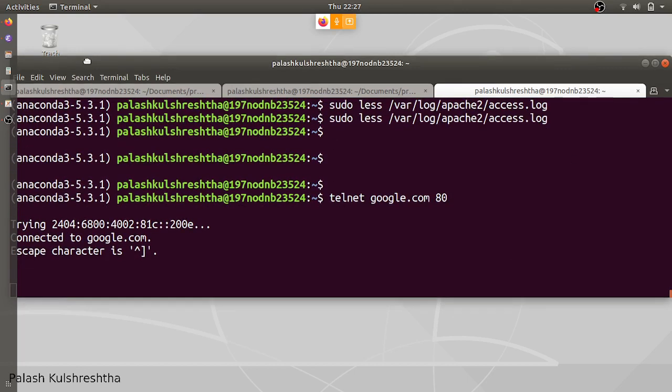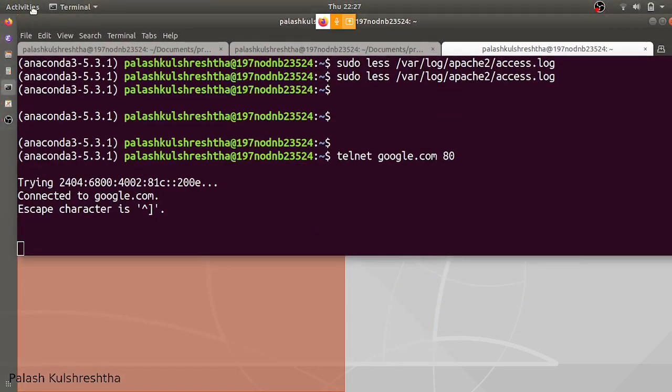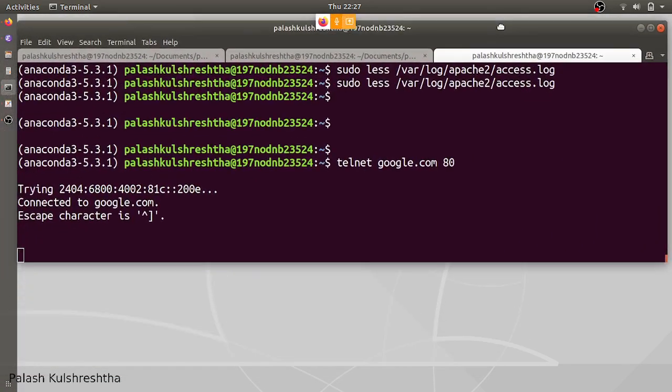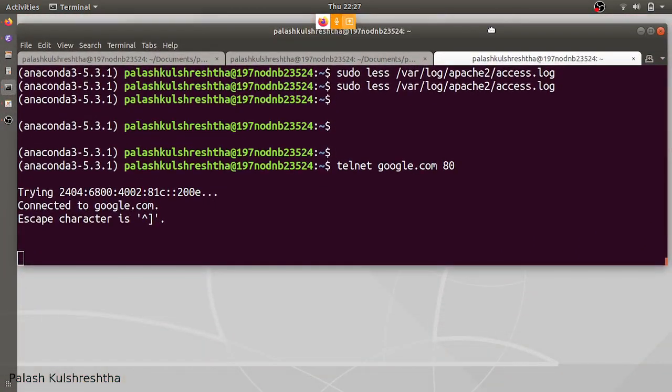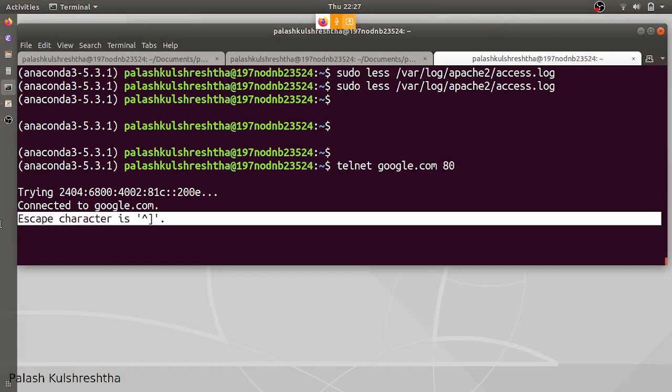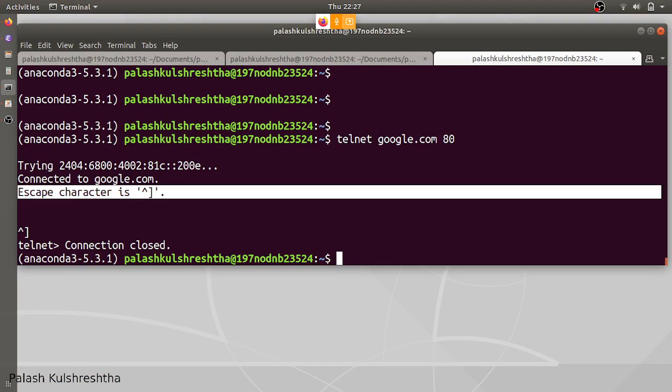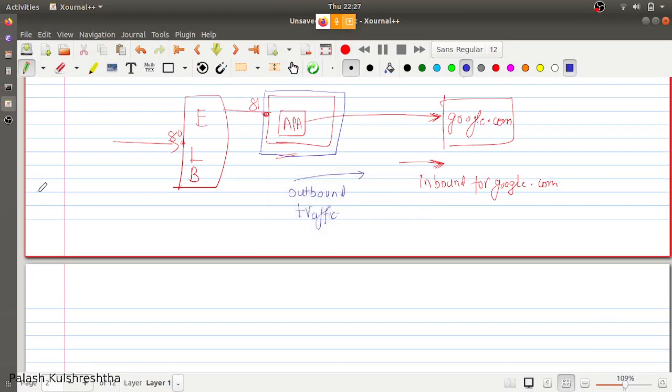Since it is showing the escape character message, that means it is able to connect. So we have ruled out that there is a connectivity issue. We are able to connect from here to here. That is how we are going to debug.